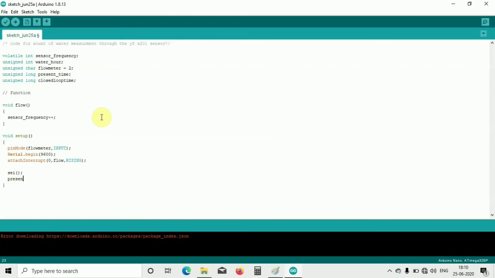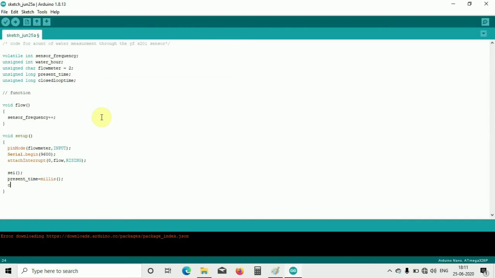So present time is equal to millis. This function returns the time in milliseconds since the program started executing, so it calculates the execution time of this program.